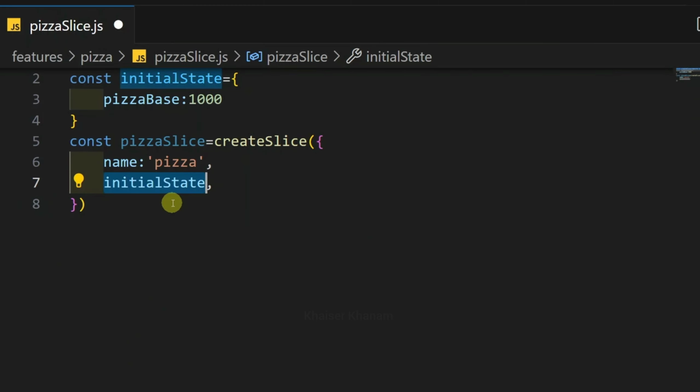Then finally, third property, we are going to define our reducer function. Here I will write reducer. Okay. You should not only write reducer, instead you should be writing reducers. Why? Because inside this we can add multiple reducers, and one reducer will be there for each of the actions which we are going to define in this pizza shop. So this is my key. This reducers key will be taking an object as its value, and inside this object we are going to specify